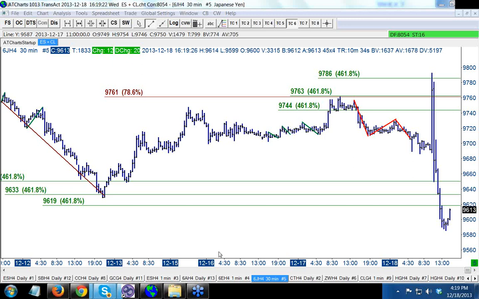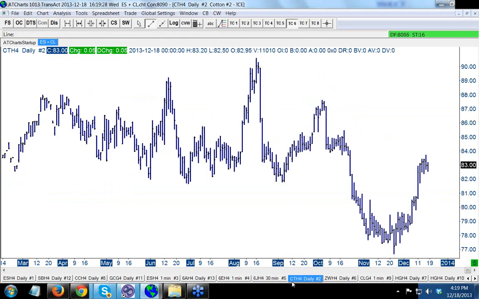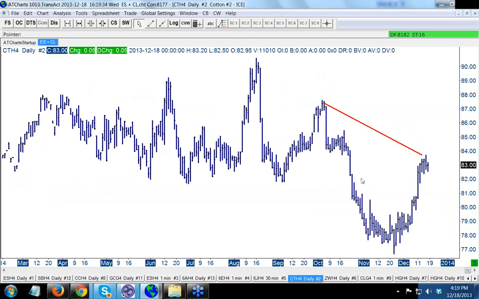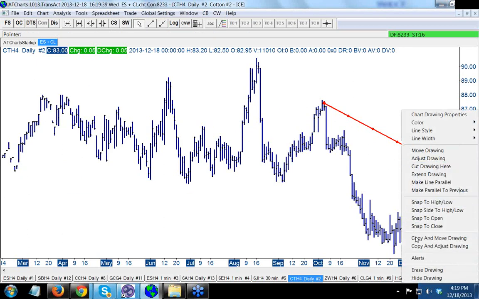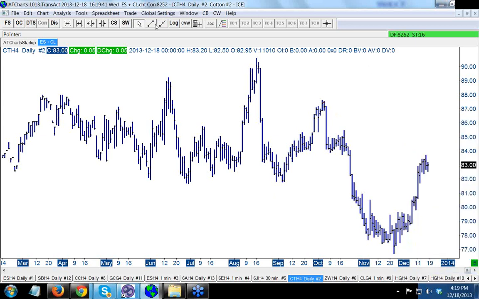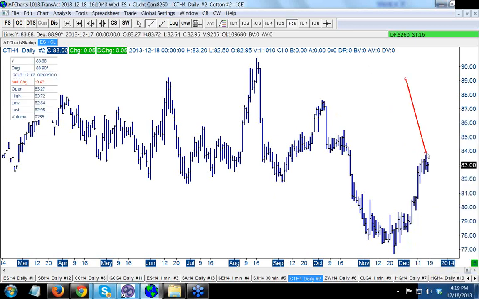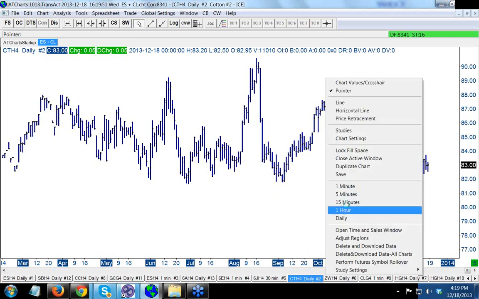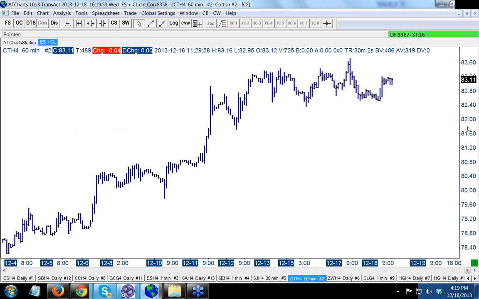Let's take a look at one that we talked about yesterday a little bit, cotton. Cotton on a daily chart, we talked about that being a possible high. Now today we pulled back a little bit. Now that high over there, I should say, was done due to a lot of measure move extensions coming up. Now let's take a look at how we would manage that. On the 60-minute chart,